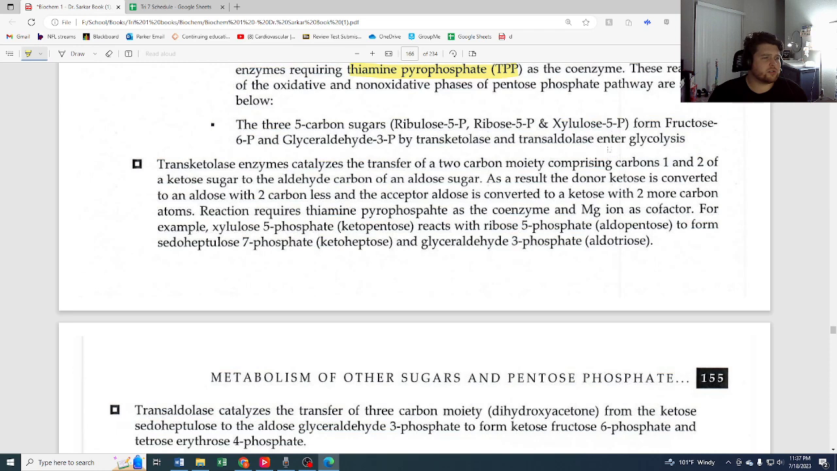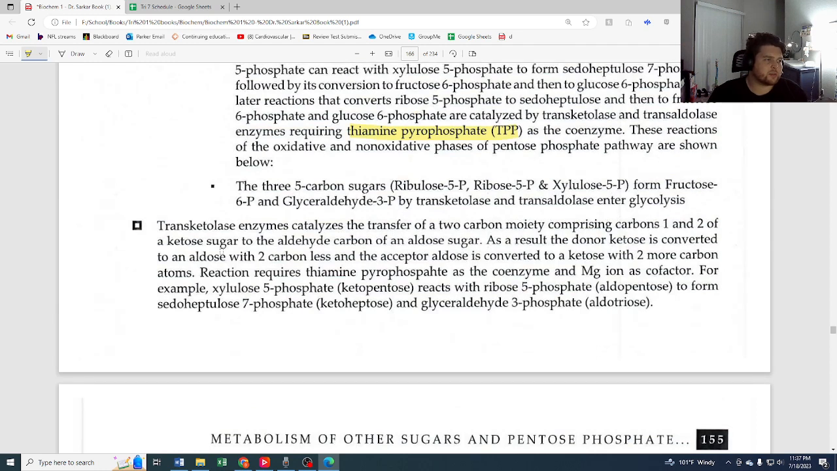Okay, this right here is going to go over the specifics. The transketolase is going to go over the specific reactions. The transketolase enzyme catalyzes the transfer of a 2-carbon moiety comprising carbons 1 and 2 of a keto sugar to the aldehyde carbon of an aldose sugar. As a result, the donor ketose is converted to an aldose with 2 carbons less, and the acceptor aldose is converted to a ketose with 2 more carbon atoms. The reaction requires thiamine pyrophosphate as a coenzyme and magnesium ion as a cofactor. For example, xylulose 5-phosphate reacts with ribose 5-phosphate to form